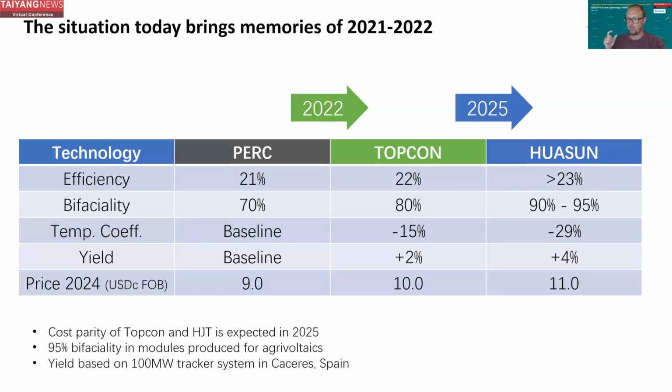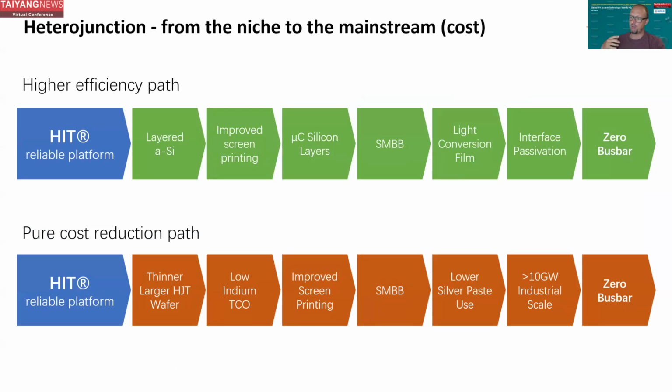And we think we are in the same position today, Heterojunction versus TOPCon. And this is quite key because the other point is that we need to close the gap in cost. And for us, the projection is that the cost parity of Heterojunction to TOPCon will happen in 2025. Not by chance and not by dumping prices and not by any magic,